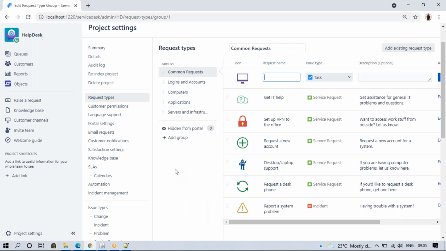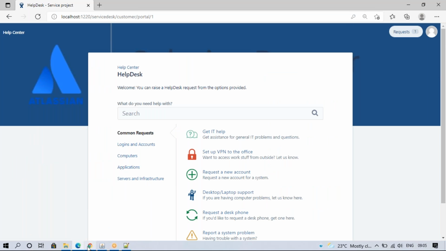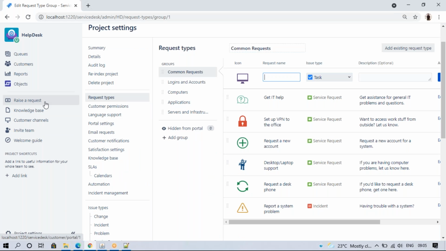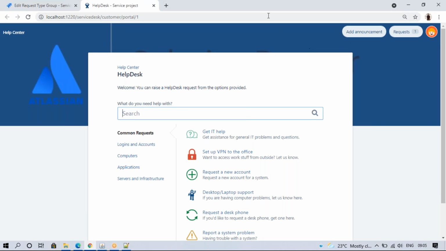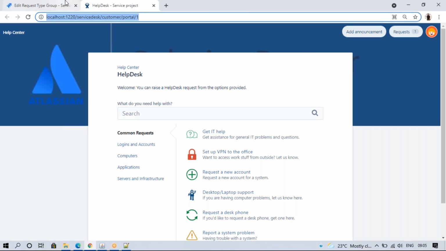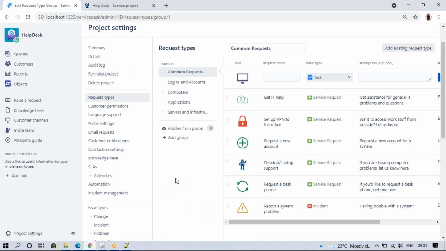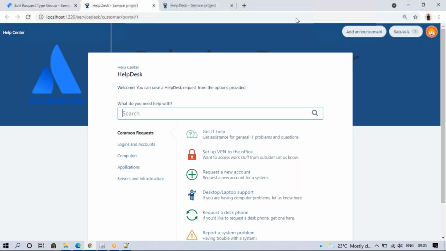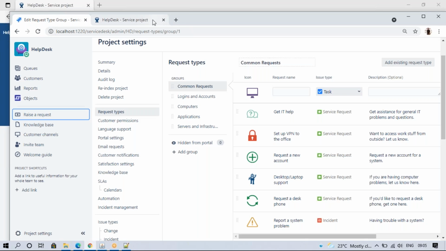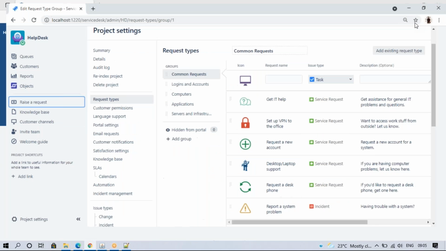And if you want to see the project portal directly, suppose you have a number of projects, say 50 projects, how can we find it here? You can click on raise a request on the left side, and directly this portal will open. So this is the URL. If someone asks for this project portal URL, we can share it with them directly to verify it, to raise a request or anything.